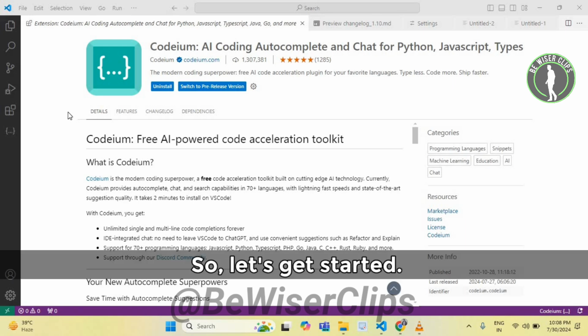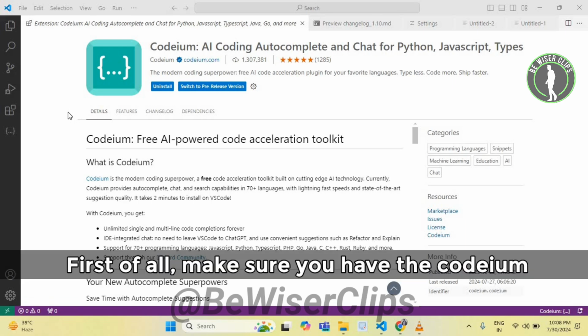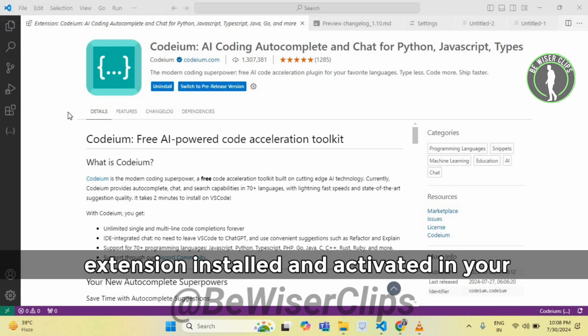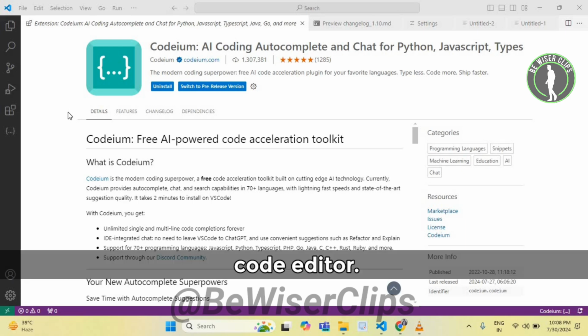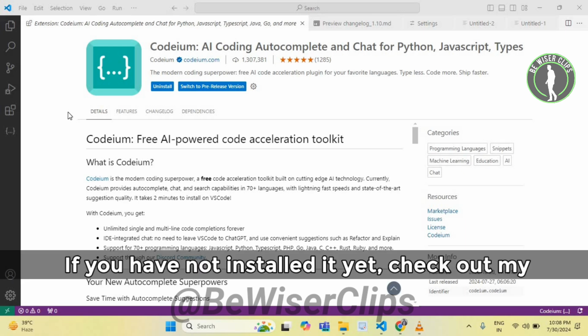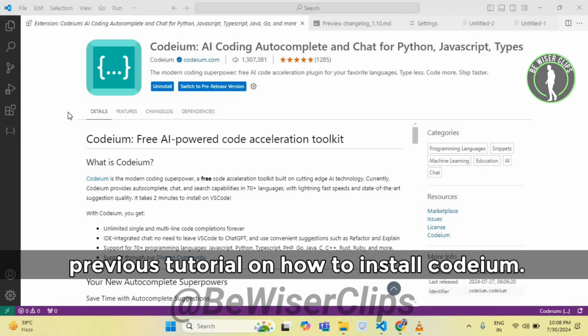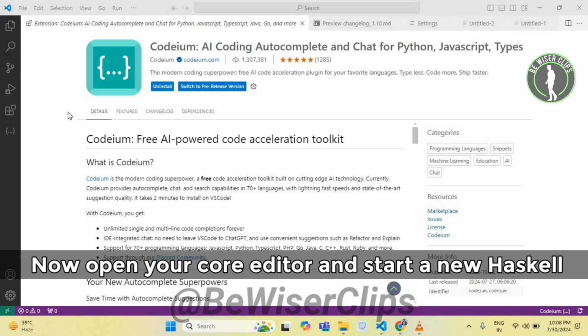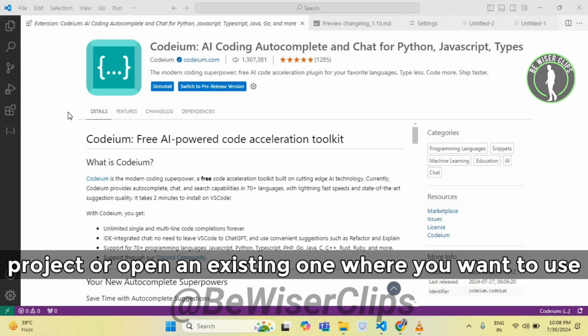So let's get started. First of all, make sure you have the Codeium extension installed and activated in your code editor. If you have not installed it yet, check out my previous tutorial on how to install Codeium. Now open your code editor and start a new Haskell project or open an existing one where you want to